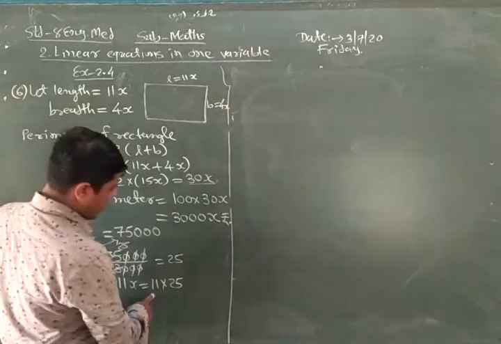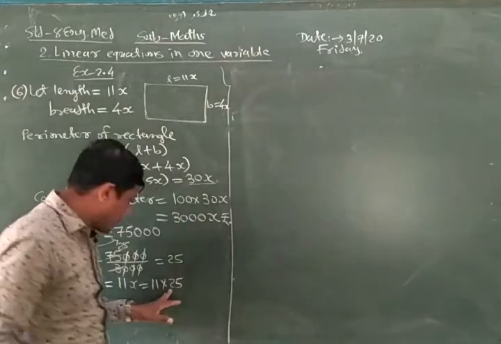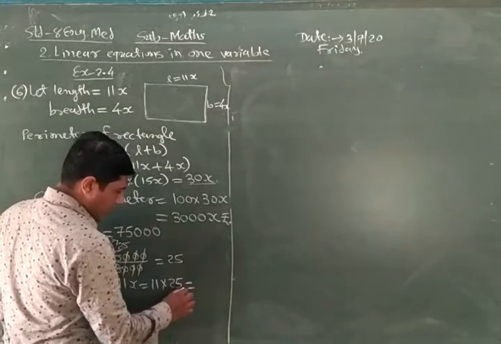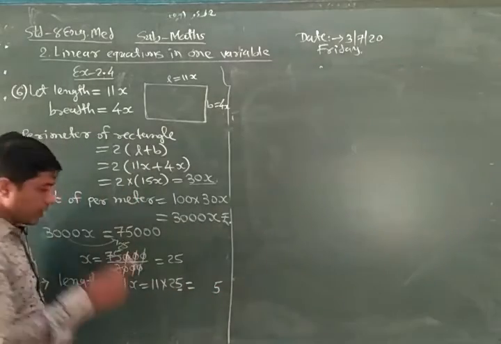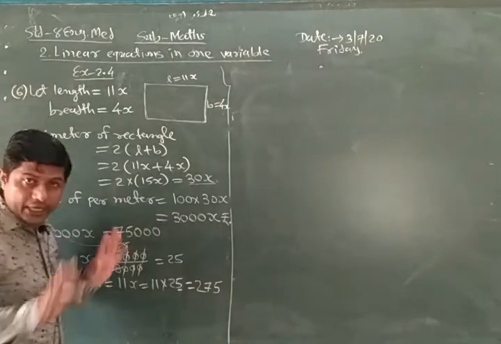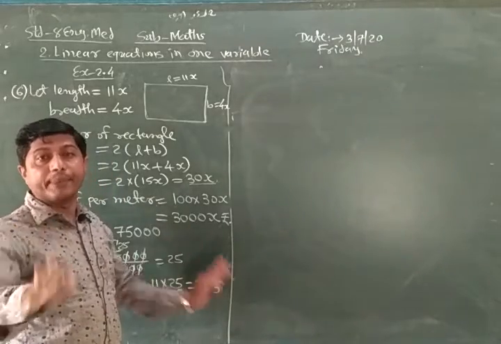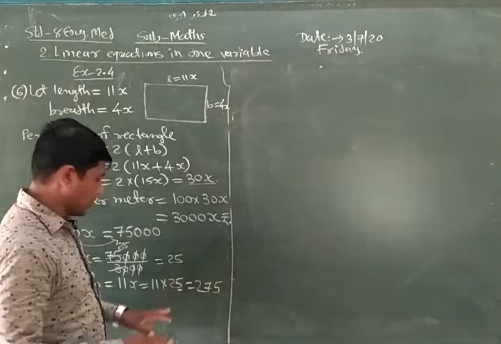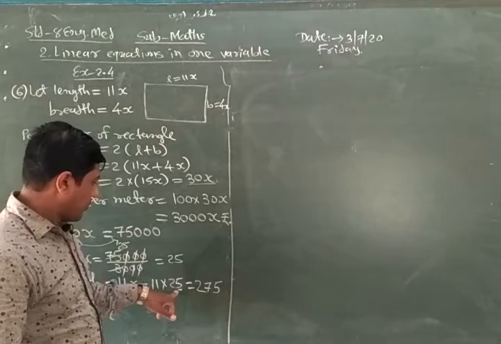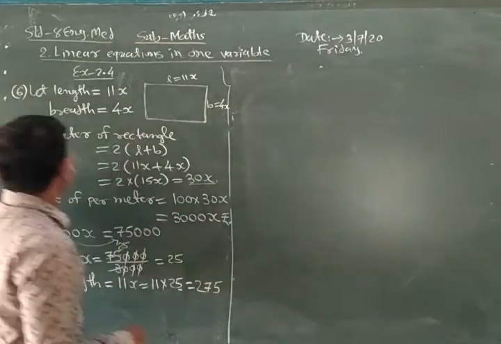This 11 into 25 is easy with Vedic maths. Now I explain. Look, we get the answer without multiplying, only for 11. How? Look: first write 5, after that 5 plus 2, so 7, and then 2. This is the answer. Again I repeat, if you multiply any digit by 11, this method is Vedic maths. Our saints and sages found this. First write 5, then 5 plus 2 which is 7, and then 2. This is the answer without multiplying.